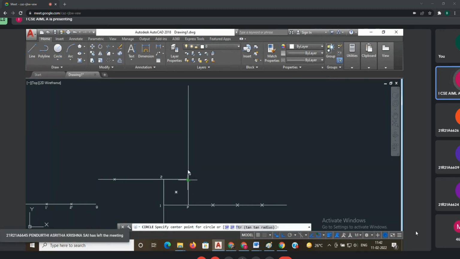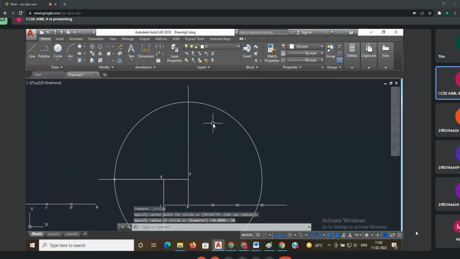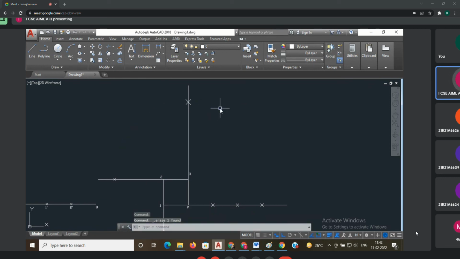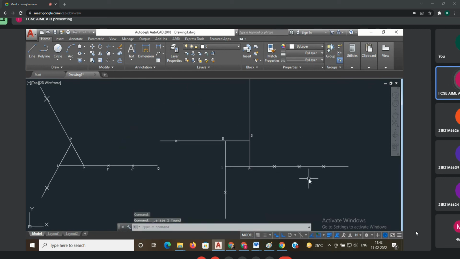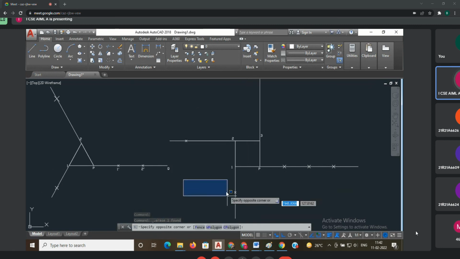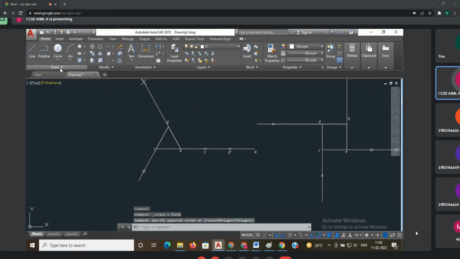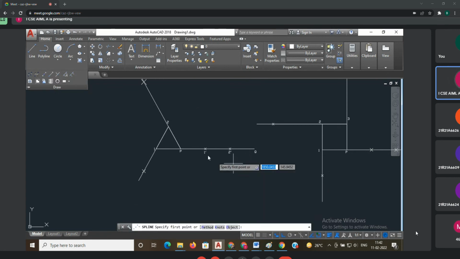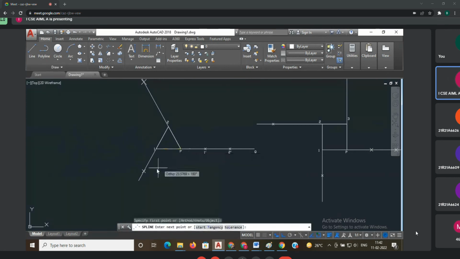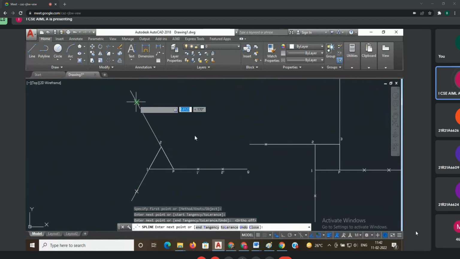Center is 3, and how many sides? 3 sides means 90. Okay, I got the point, somewhere here. If it is the fourth point, nothing but P, 4 sides, 120. Same will be there. Then, what you have to do? Just go for spline curve. Select the spline fit. Select the base point P and select the P1 out of P1, P2, P3.